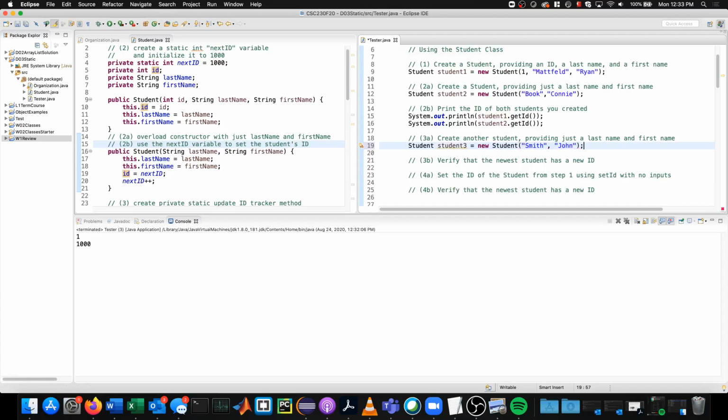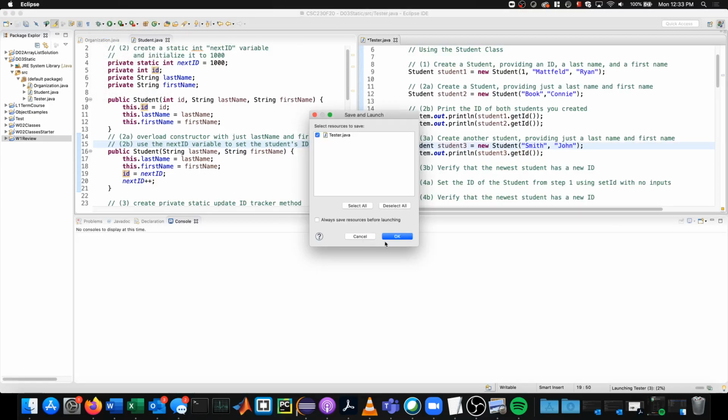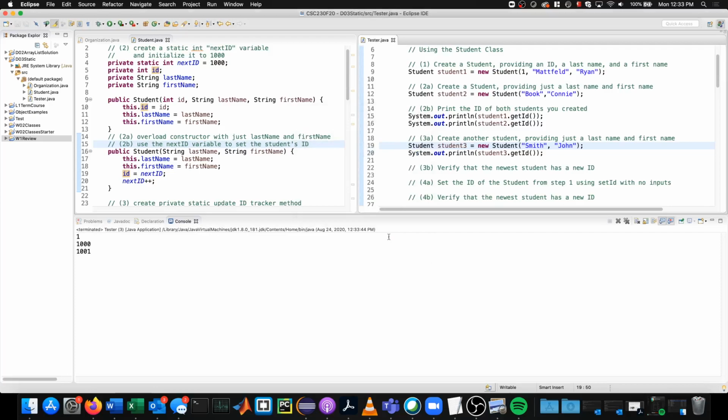So we're going to use just a, I guess, generic name, John Smith, and create the student, and then let's see what happens with the student ID. Okay, so I'm going to create John Smith, and I'm going to get his ID. His ID is now 1001, because after I assigned an ID to Connie Book, I updated nextID to be 1001, and all of my students